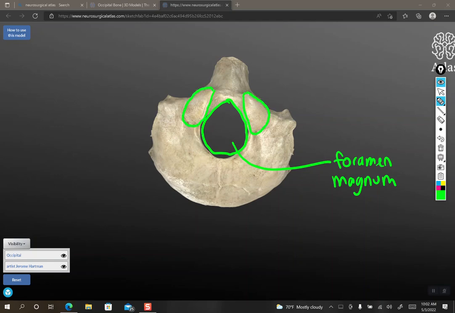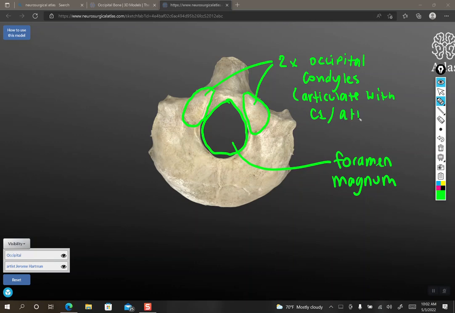On either side, and a little bit to the anterior edge of the foramen magnum, are your two occipital condyles. And these articulate. Oops. Sometimes when I'm talking and writing at the same time, I start to write a letter that is like two steps ahead of where I'm at in talking. Let's try that again. Articulate. There we go. With C1, the atlas. Specifically, the superior articular facets of the atlas, which you may remember are sort of cup-shaped